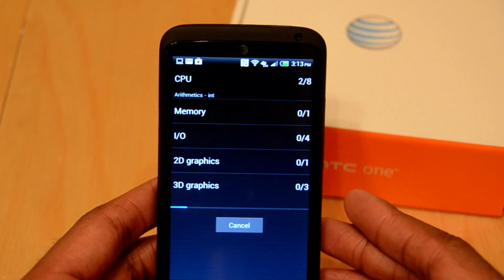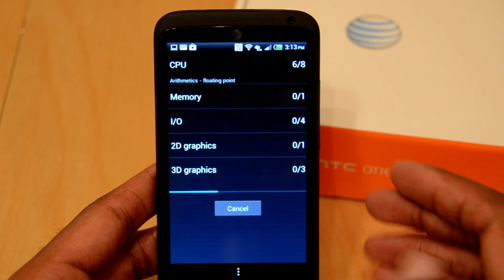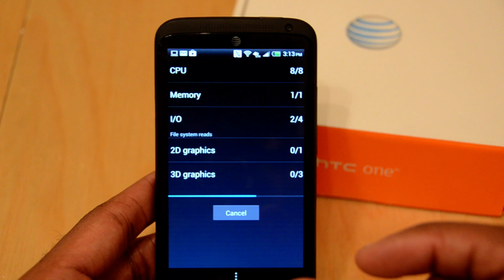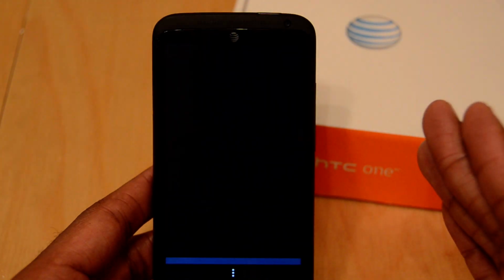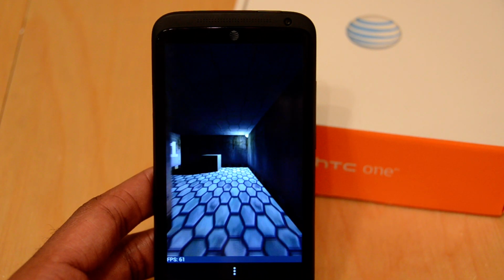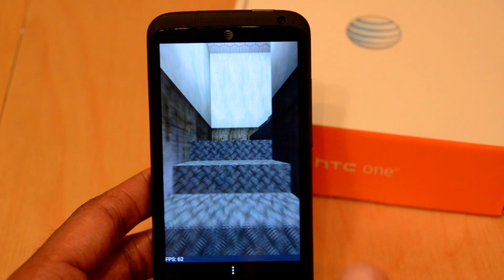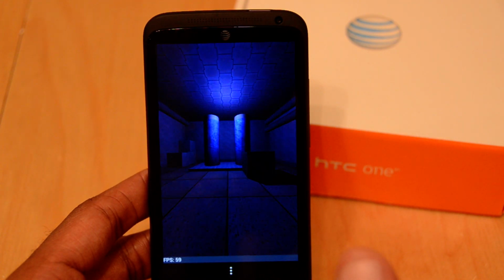I'm going to go ahead and run a benchmark on here. Some of the specs and benchmarks as I ran on it, it's got some very, very good performance. Still doesn't beat the Droid DNA overall, and I bring that up just because that's HTC's current flagship, but that's on Verizon only. But check out my video between the HTC One X Plus and the Droid DNA as well. But overall, fantastic performance on this. You really won't be disappointed, but it's just,